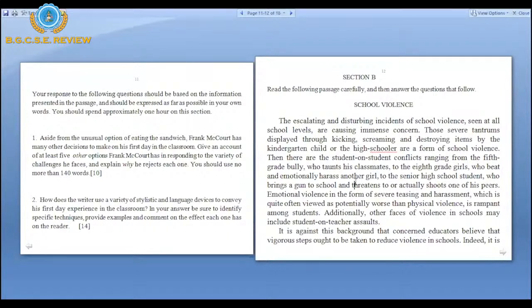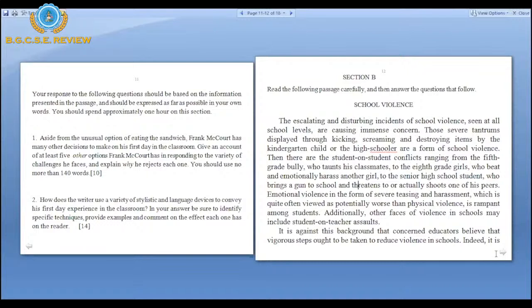Emotional violence in the form of severe teasing and harassment, which is quite often viewed as potentially worse than physical violence, is rampant among students. Additionally, other phases of violence in schools may include student-on-teacher assaults. It is against this background that concerned educators believe that vigorous steps ought to be taken to reduce violence in